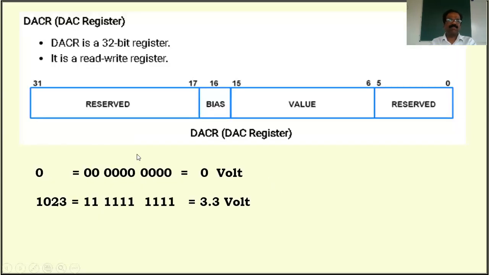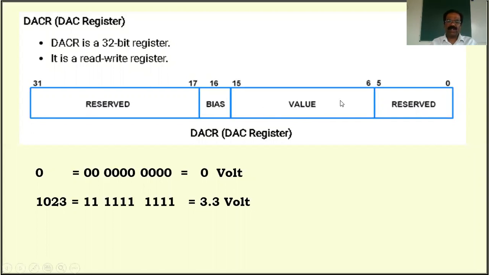What is the size of this? That is 10-bit, from here to here. You are not supposed to use this, it is reserved. This is also reserved. In our case, we have to write the appropriate digital value in this portion.